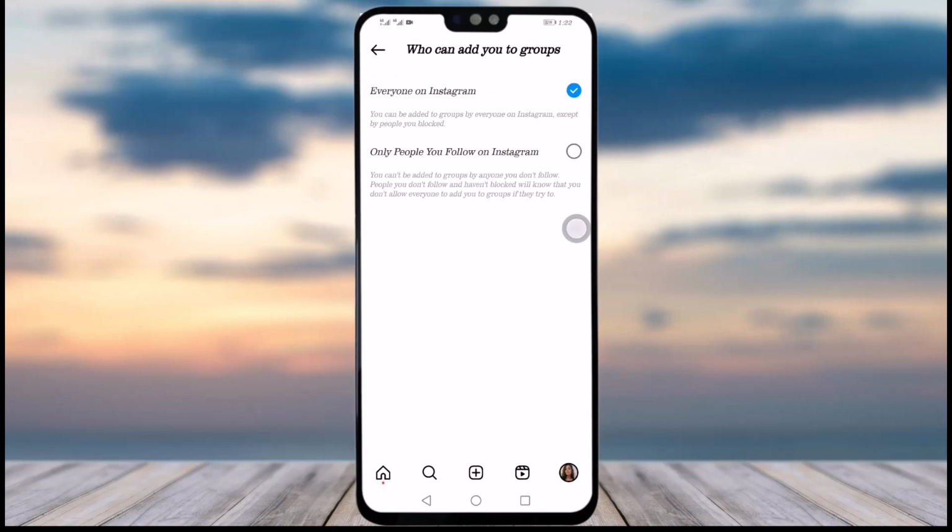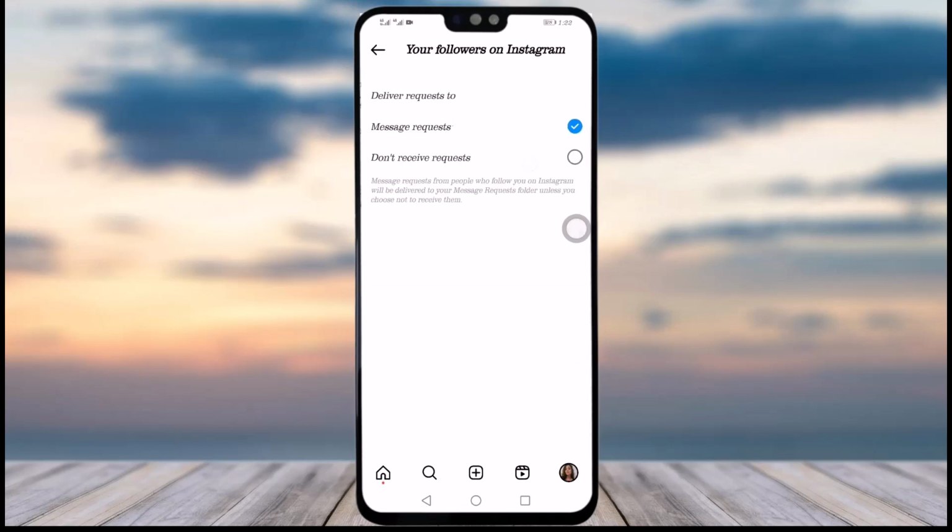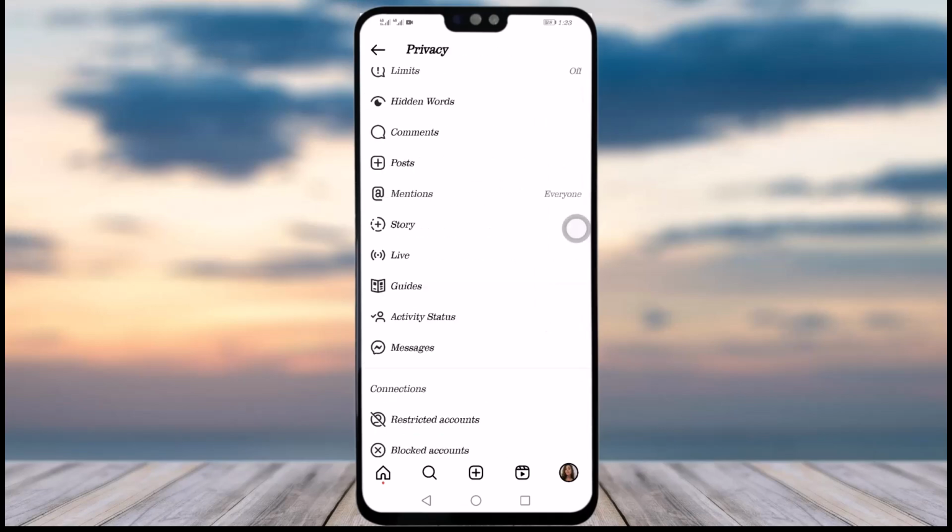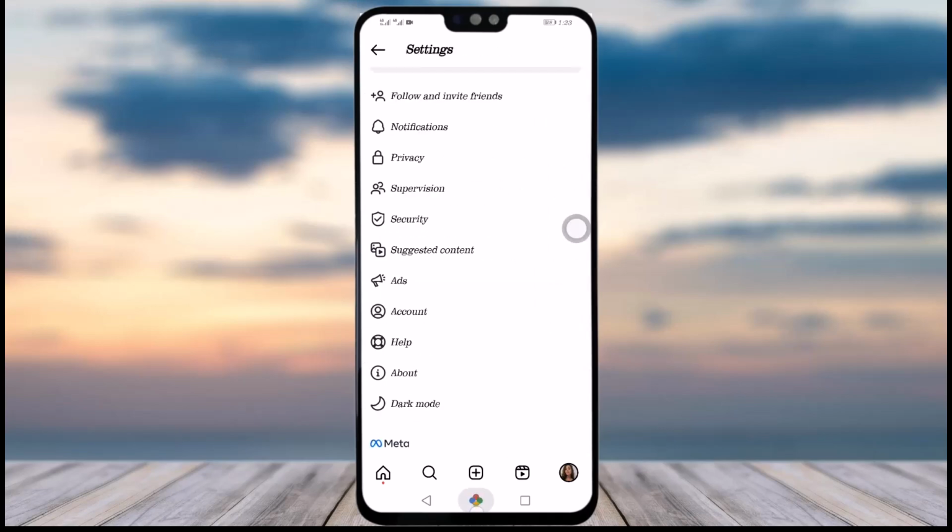So if you have only people you follow on Instagram, and other people are trying to add you to a group and you're not getting the messages, then you can simply turn on that one. And as you can see, your followers on Instagram, you can see message requests. If you're getting a problem with message requests, simply come here and turn on this option over here as well. So yeah, this is how you can check out all of the message problems of